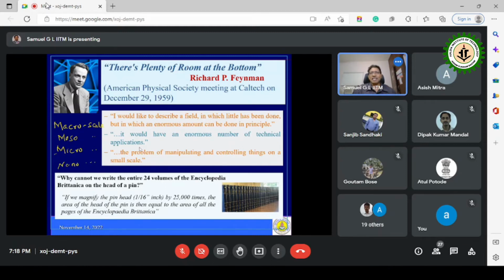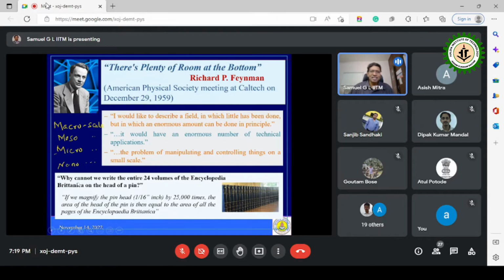So, telling that there is plenty of room at the bottom. When you look at 1 millimeter, we thought that is the whole limit. In 1959, they couldn't even think about the technologies we have today. But still, Feynman said that there is a lot of room below. Then he started defining what are called the micro and nano kind of scales.